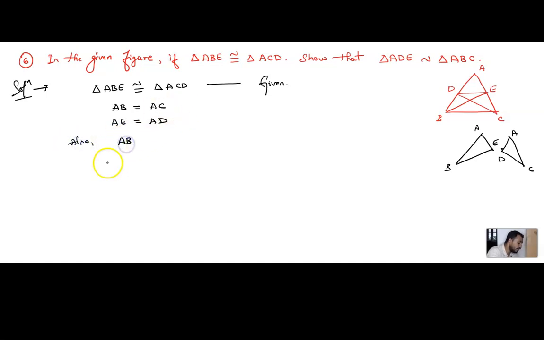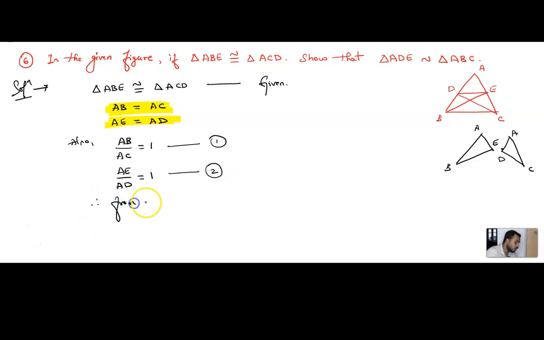shall we take AC and cross multiply? Then AB by AC will become 1. I am going to write this as equation 1, and AE by AD is also equal to 1. AD is just cross multiplied down, so it becomes AE by AD. From this AB by AC, bring AC down, so nothing is there in the RHS, then it will be 1. Again AE by AD, bring AD down, that is AE by AD, equals 1. Let me call this equation number 2.